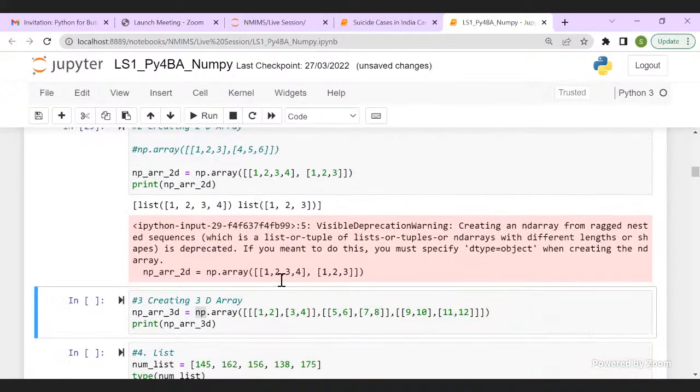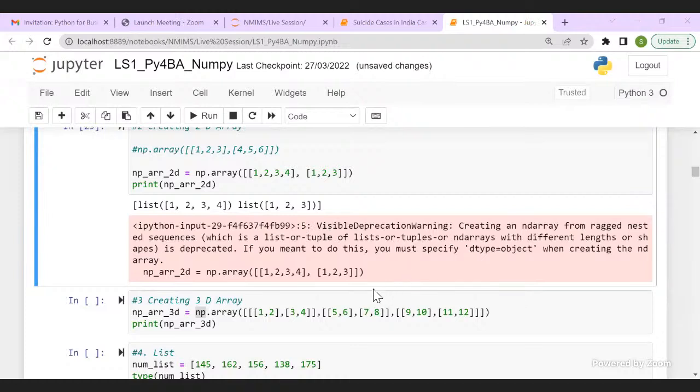If the number of columns does not match, it will tell you that your nested sequence is not good and you need to have the same number of columns in both the rows. So whatever doubt you have in your mind, create it in your code, run it, see if it is getting executed, and understand why. If it is not getting executed, understand the error.